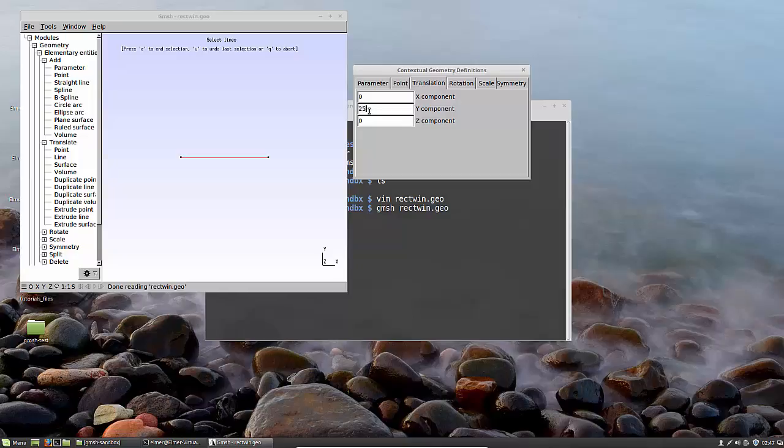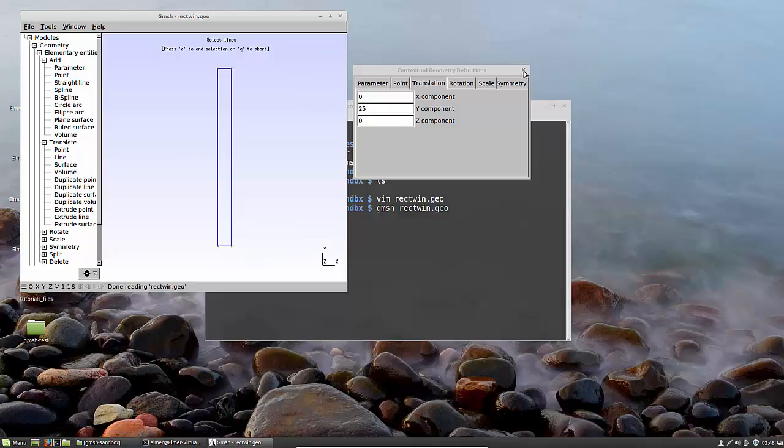I'll extrude it 25 millimeters. Let's see, if I'm in this window and do end selection, I now have a rectangle that's 2 millimeters wide and